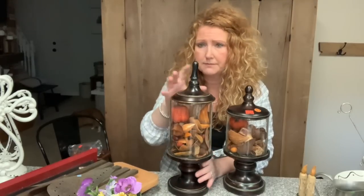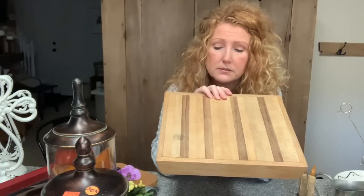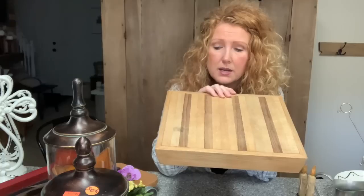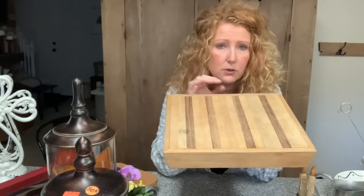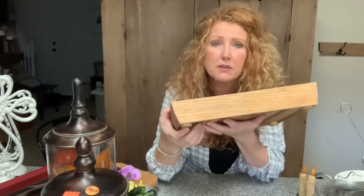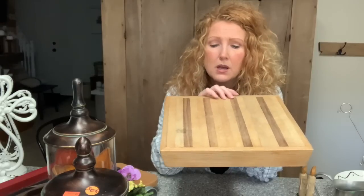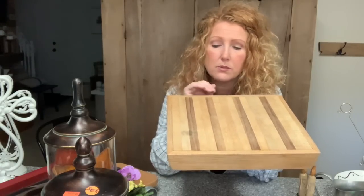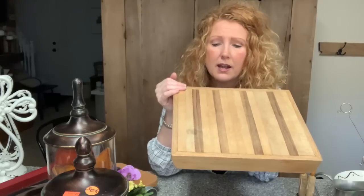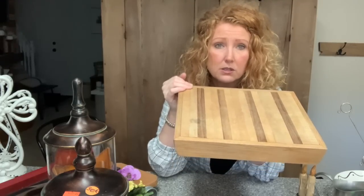Great shape. I'm sure they're probably a Hobby Lobby. At my favorite Goodwill, as I was walking out, it was $3.09, and it definitely looks homemade. It is heavy. Holy cow, it is heavy. It's got little feet for a riser, so you could put it in your kitchen and use it for a cutting board. So what I will do to it is I will sand it off. It's got some oil, as you see, so hopefully that'll sand off, and then I will give it a drink